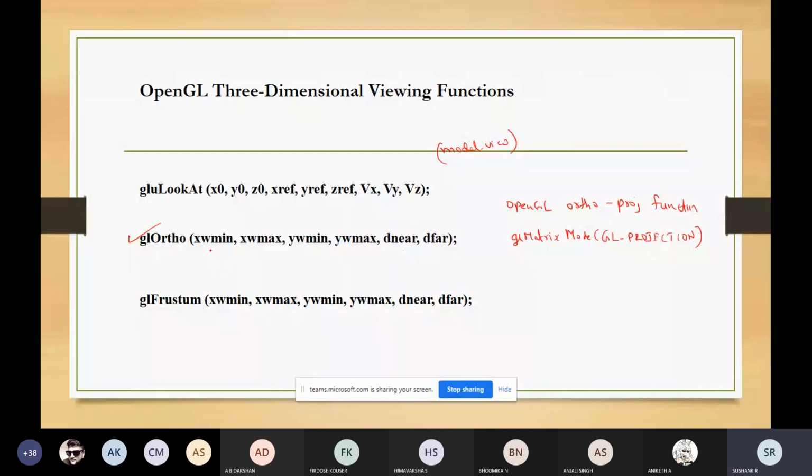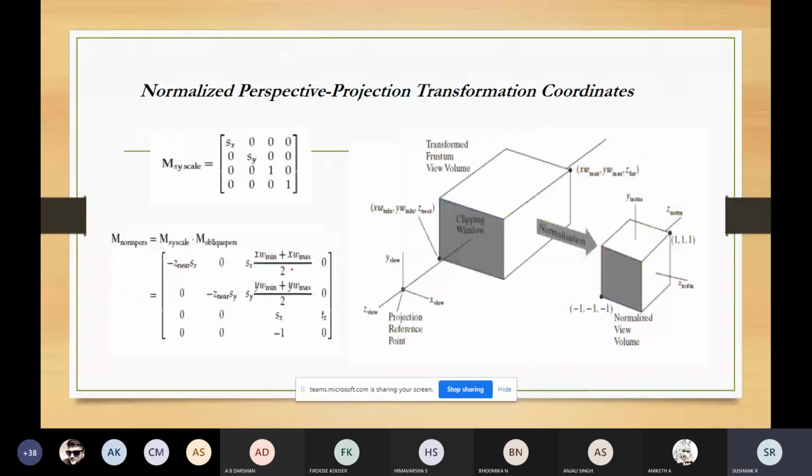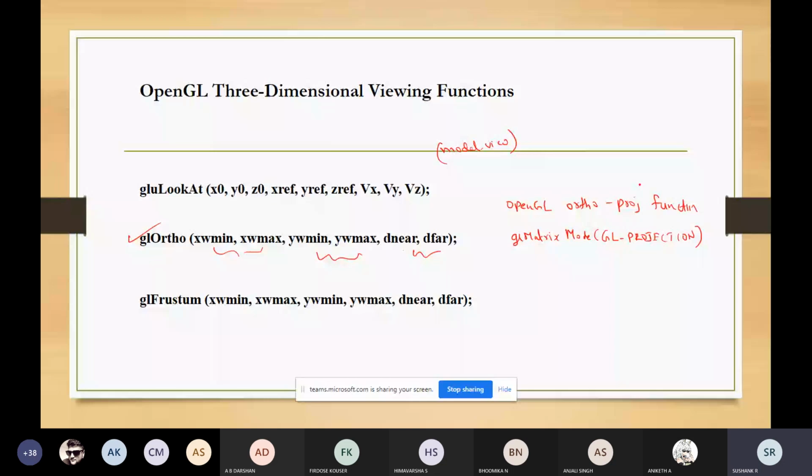By this terminology itself, you can know that they are the window parameters: x window minimum, x window maximum, y window minimum, y window maximum, and dnear and dfar, the distance near and the distance far away. So six parameters. All these parameters are double precision and can take floating point values.